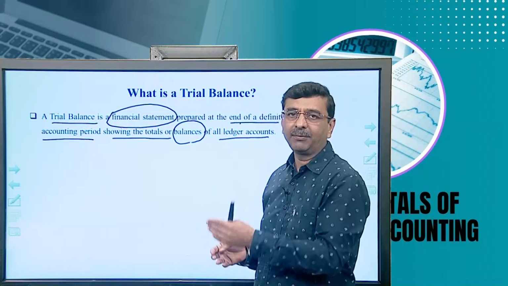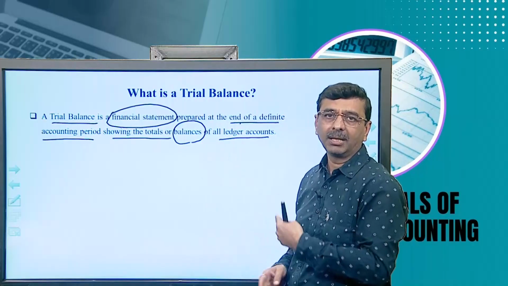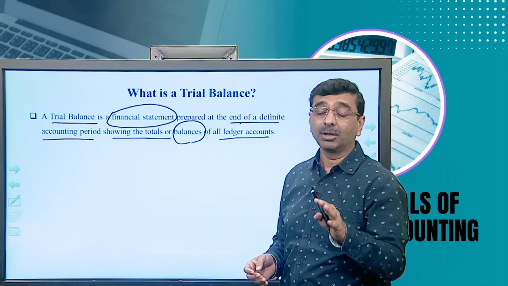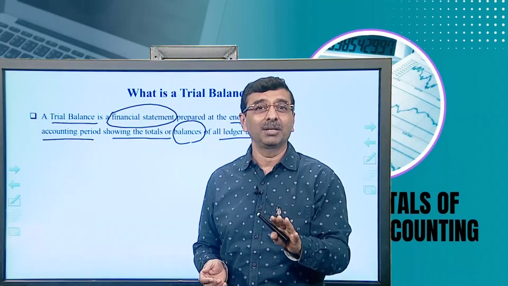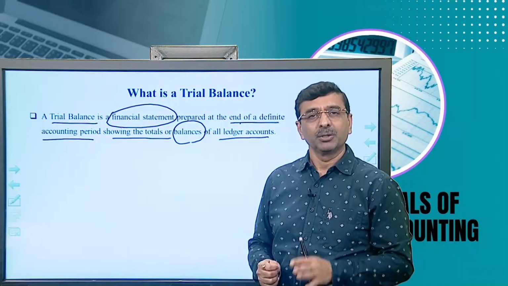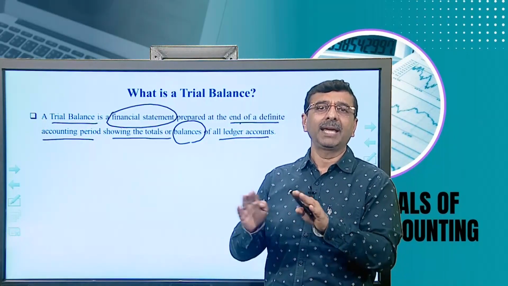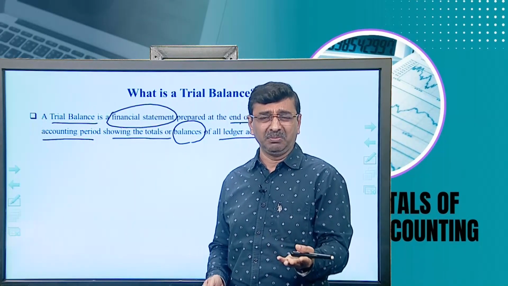So if it is recorded properly in the books of accounts, then and only then the trial balance should match. But it is not certain that whenever the trial balance matches, the trial balance is right. Sometimes it matches by mistake also. But most probably, when the trial balance matches, we can take it as a step indicating that